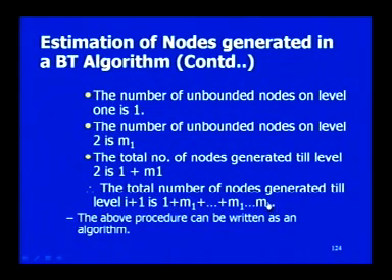Suppose we assume that reading a node takes 1 second, then the complexity of the algorithm becomes the number of nodes multiplied by the time necessary to read the information present in the node. This is the complexity analysis. In some problems this will be very large, so to avoid that, we need to convert that into a dynamic tree depending on the problem. This is how these backtracking problems are solved.